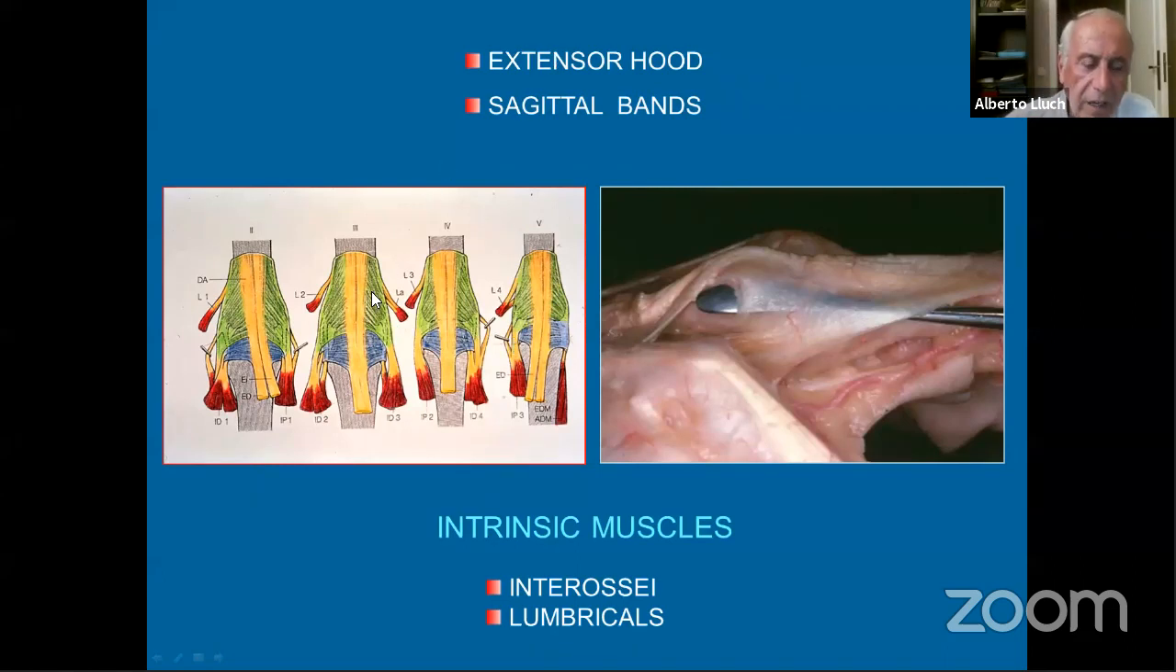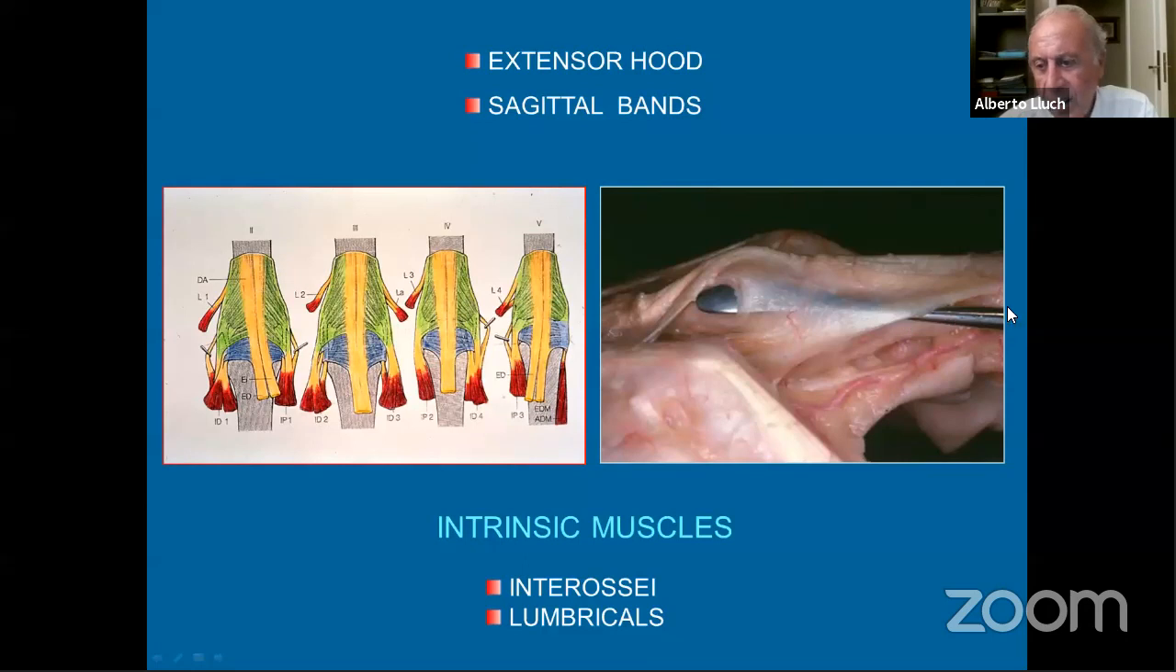Now here we have the extensor hood and the sagittal bands. When one looks at the anatomy or the surgery, they are very close to one another, and it's very difficult to define exactly where each one is. Usually the sagittal band, which I painted here in blue, is a little bit deeper, and the extensor hood goes a little bit over, but they